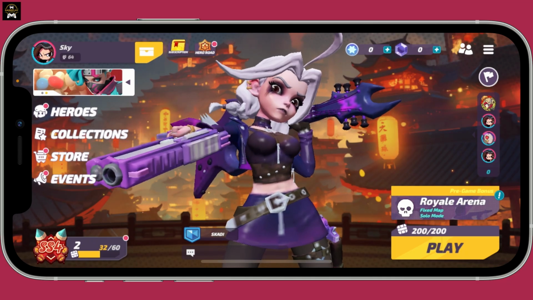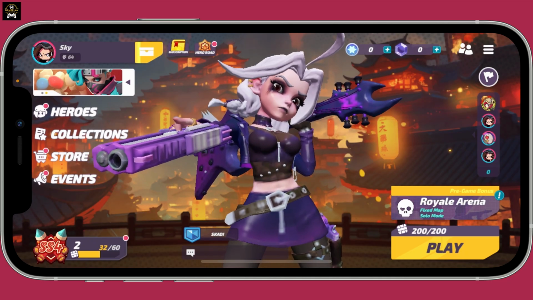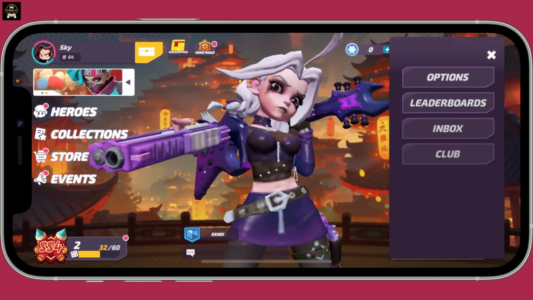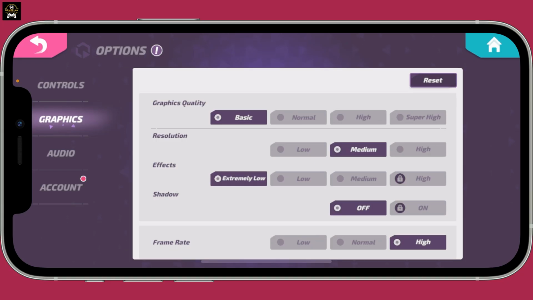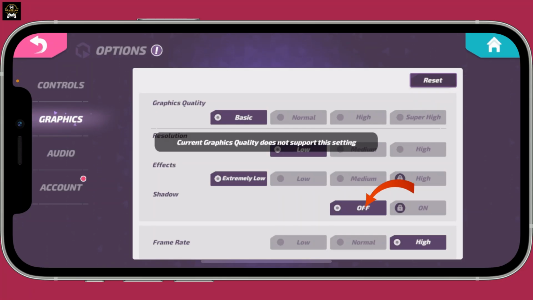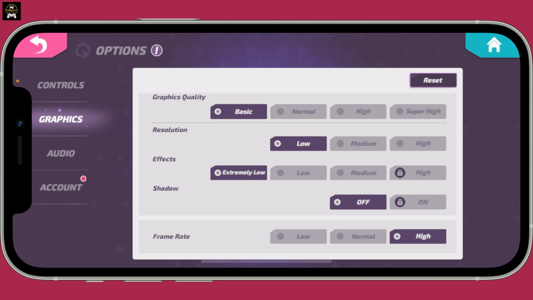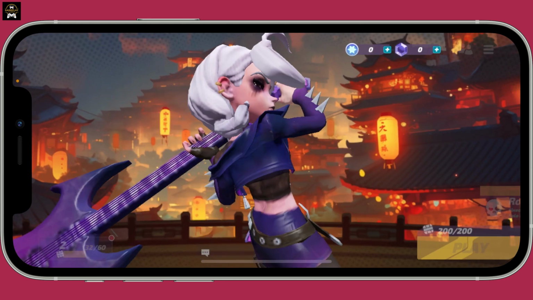Once you select low or medium, this might be able to fix your lagging issue. If that still doesn't work, get back to the same graphics section and then also make sure to choose the low resolution option and turn off the shadow by clicking on off right next to the shadow option. And right after you do that, get back to the home page and that might be able to help you